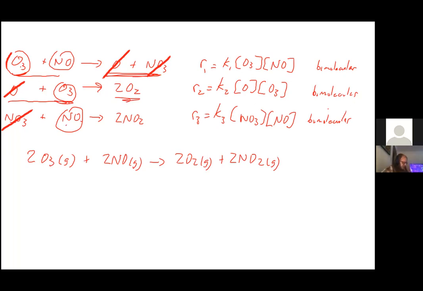So our intermediates are, yes, they're definitely our intermediates. They're O and they're NO3, right? The ones that are formed in an earlier step and then used up in a later step, those are called intermediates, okay? So there's that problem. Good. Okay, so I kind of got a little bit ahead there, but that's good because that's going to make these a lot easier for you. So this problem,